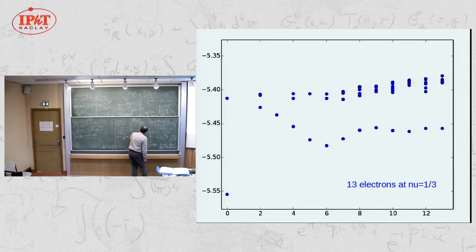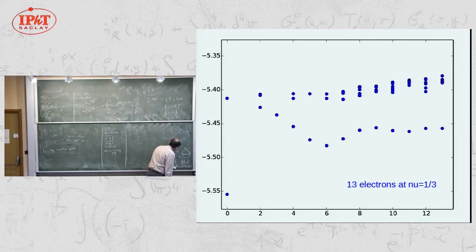So there are several advantages of doing this, in the sense that there are no uncontrolled approximations. You don't do any bizarre truncation, whatever. There are limitations. First, of course, the number of particles should be quite small. Which means in practice that it's limited to, let's be optimistic, less than 20. That's very optimistic, okay? There is an approximation which is built in this scheme, is that we are just projecting onto the lowest Landau level.